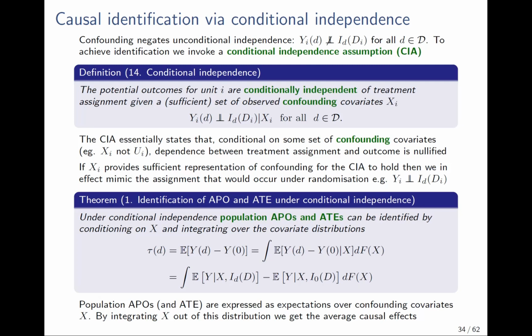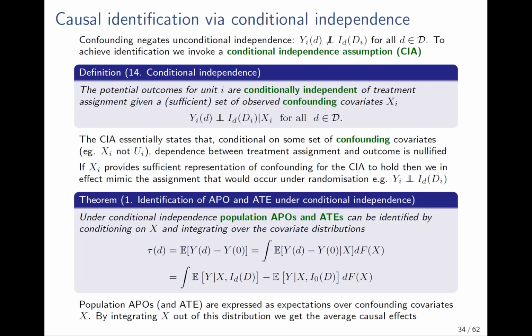So what we're saying is that y is independent of treatment assignment if I take into account the problem of confounding that the x's are causing. Or in other words, it's independent conditional on x. Yeah, conditional on confounding covariates x. So it's really just as simple as this condition on x. And if x is sufficient to represent confounding characteristics, then that gives us independence conditional on x, and we can use that